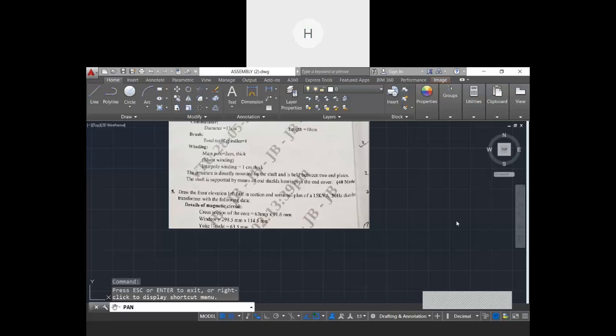Jagdish, present, sir. Madhushri, present, sir. Mahesh, absent. Manjesh, present, sir. Nishant, absent. Pani Nagendra, absent. Prashant, present, sir. Raghavendra.